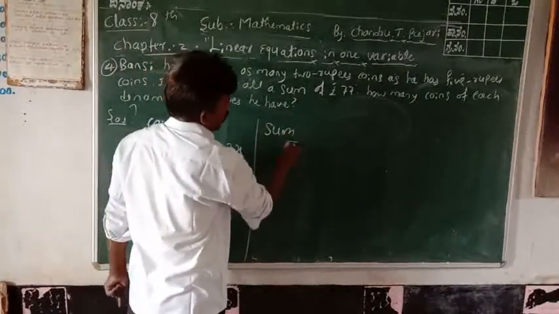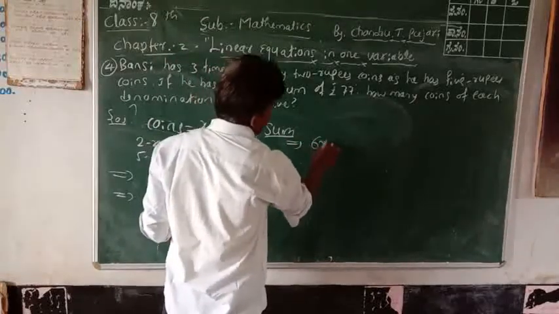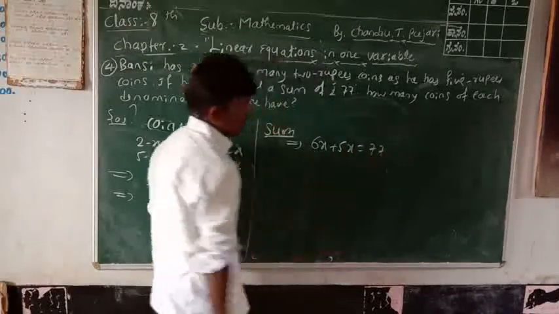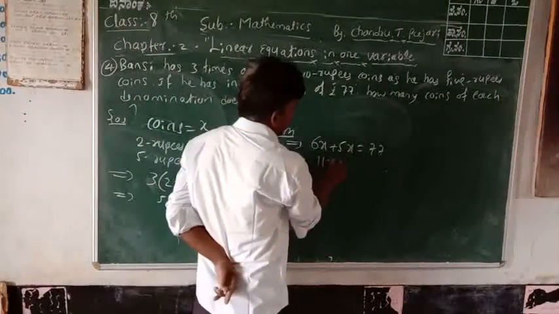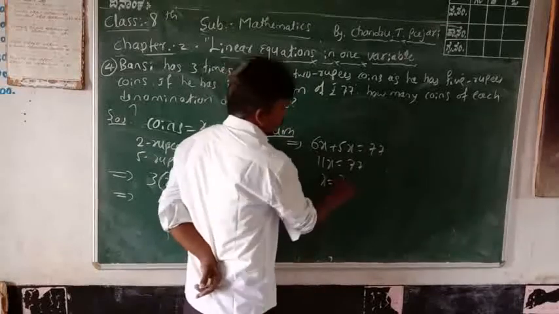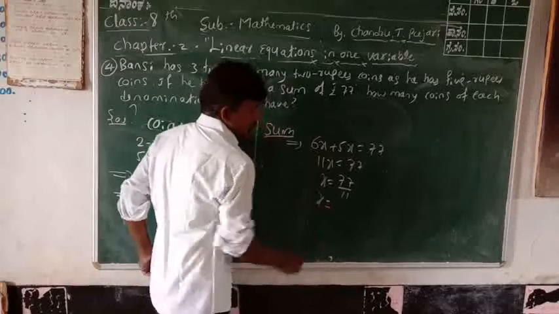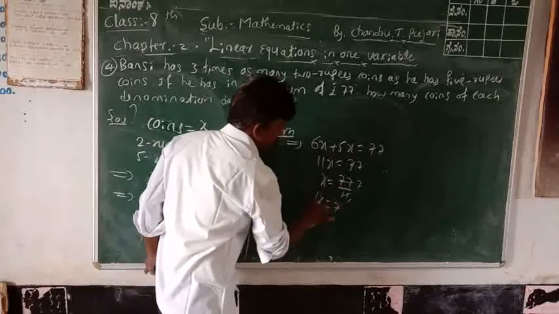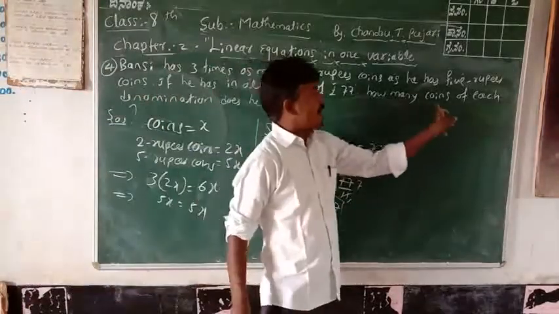Therefore, the sum is equal to: 2 rupees coins 6x plus 5 rupees coins 5x is equal to 77. Therefore, 6 plus 5 is 11, so 11x is equal to 77. Therefore, x is equal to 77 divided by 11. 11 sevens are 77, so the x value is 7. The question is how many coins of each